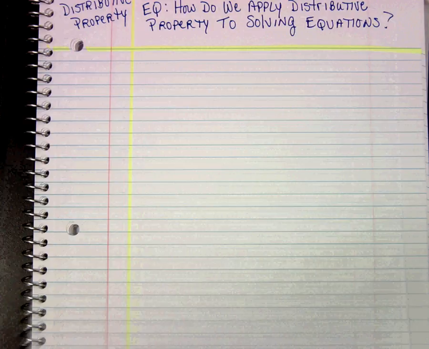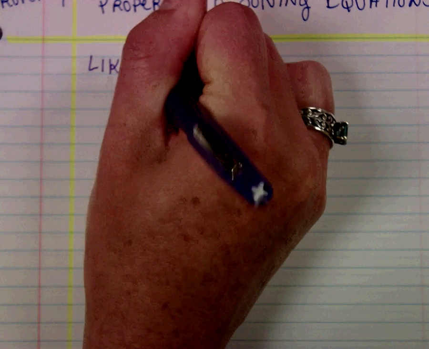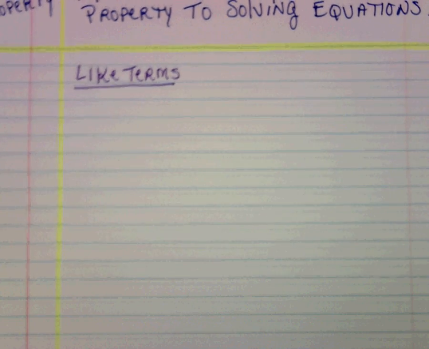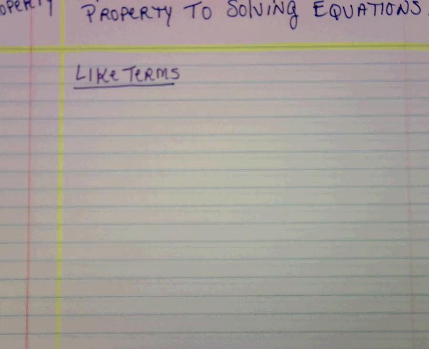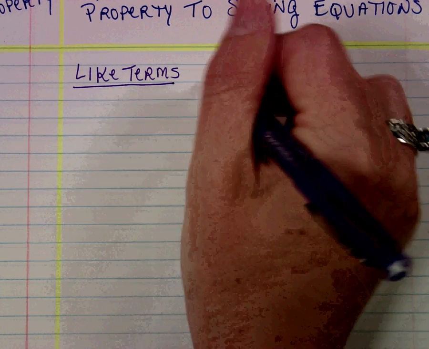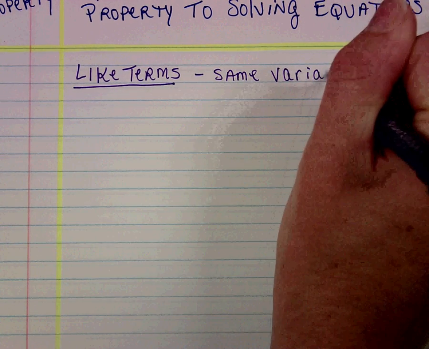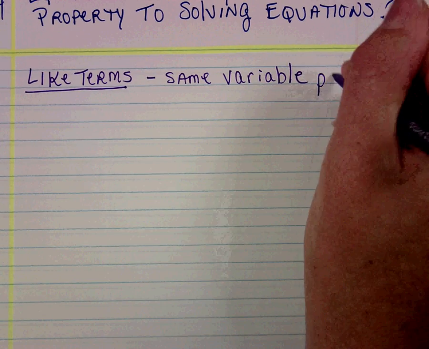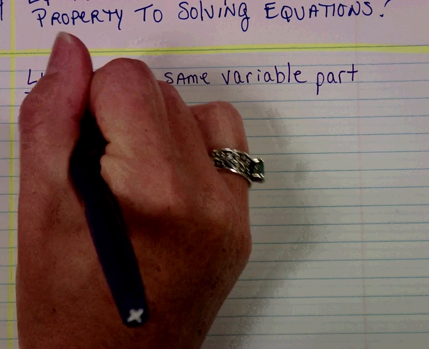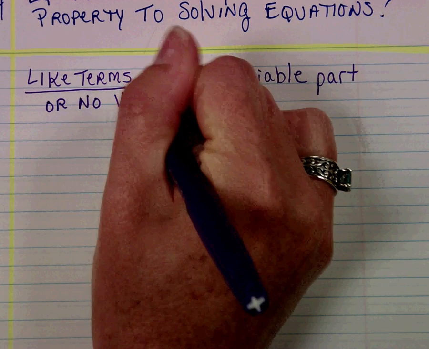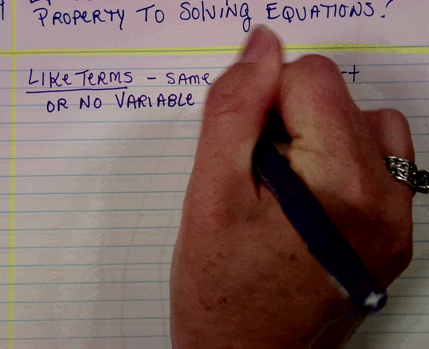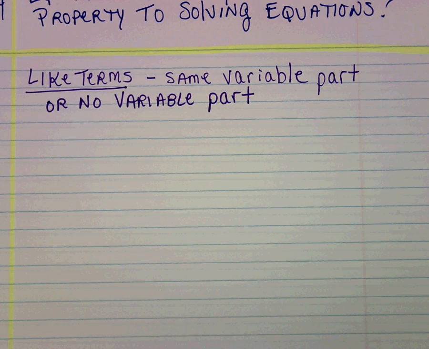The first thing that I want to define are like terms. I think most of you know what like terms are, but we need to make sure that we're very clear on this, okay? Like terms are terms in an equation or expression that have the same variable part or no variable part. And I'm going to give you some examples. At any point that you need to pause the video, please do that to make sure that you get the